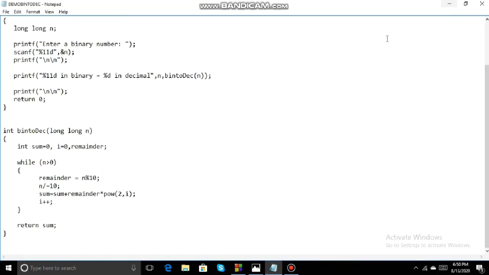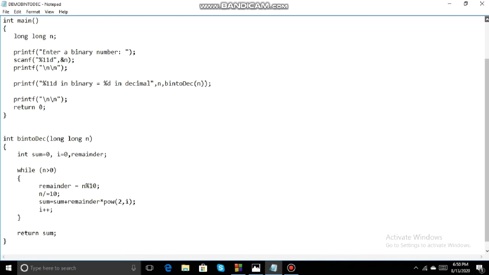Now we will see how the code works. Here is the code. You are entering the binary number here. Once after entering the binary number, it is passed into this function bin to dec. Here it will come with the value of n.